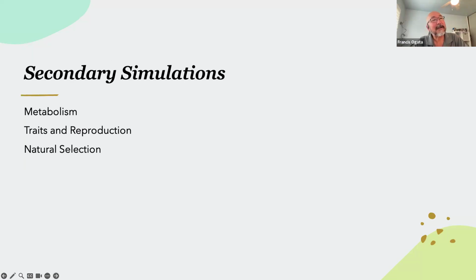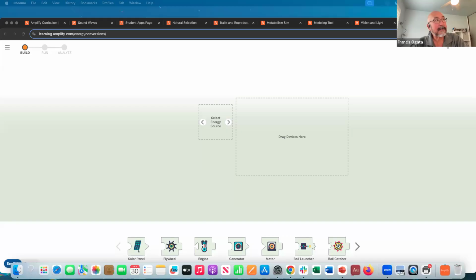What I'm going to leave you with today, that little treat I have for you at the very end, is access to all of these. When you leave today, you'll have access to all of them. You'll be able to play with them for at least 30 days. That's how long that demo account is set up for. If you want additional access, just contact us and we can send them to you. Okay, so let me go ahead and end this show really quickly, and I'm going to take you straight in.